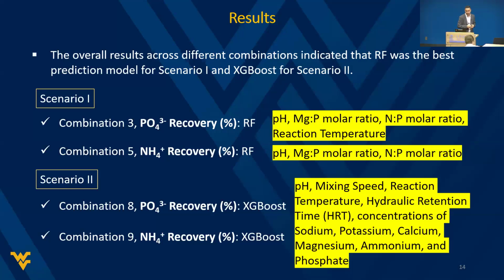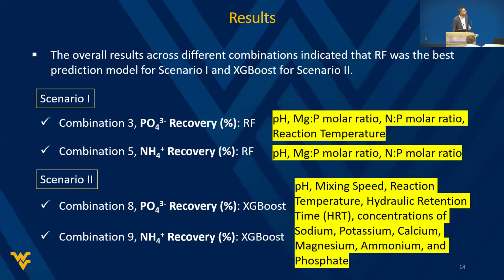And we can summarize the results for scenario 1. We have combination 3 with four input parameters using a random forest model to predict the phosphate recovery. The same thing for combination number 5. And we have 10 input parameters for scenario 2 to predict the phosphate and ammonium recovery based on the tree-based